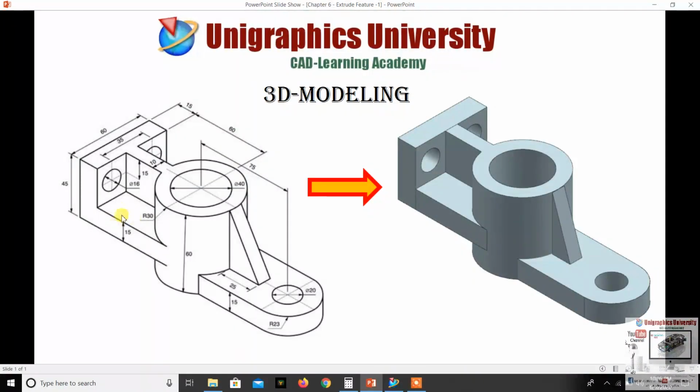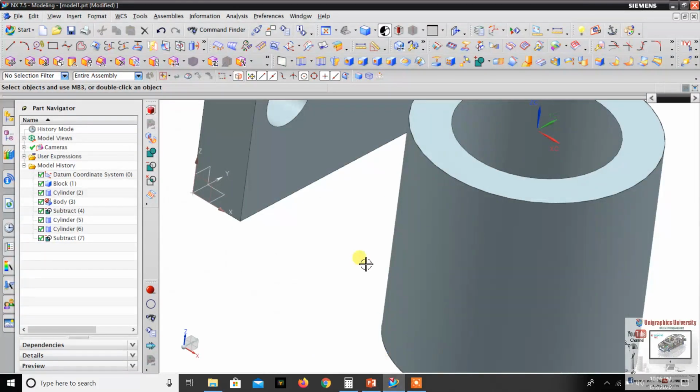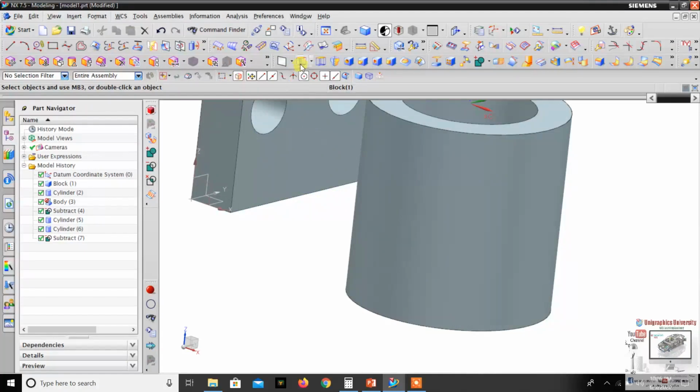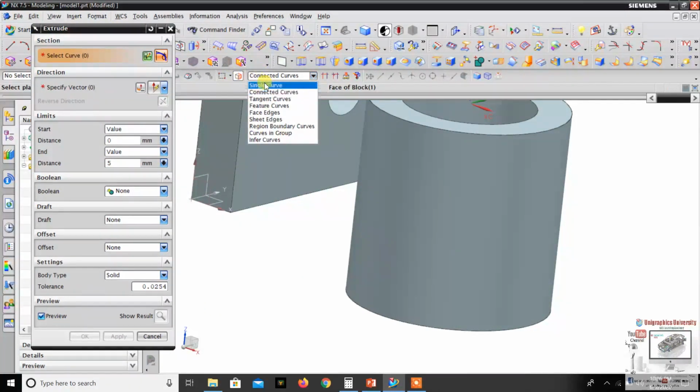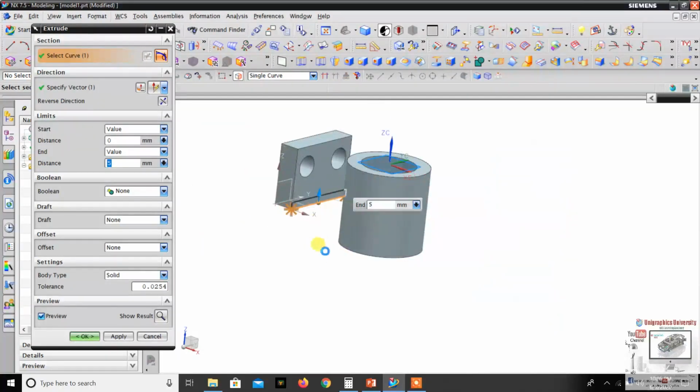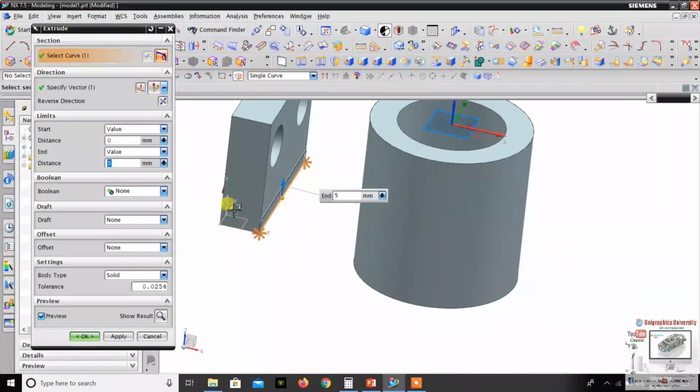Choose this block from bottom 15 mm, right? So it connects with this cylinder, so go to the extrude command, select single curve, select this edge, change to x direction, okay.